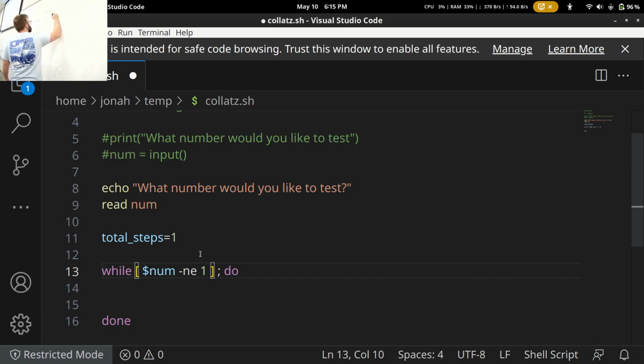Check. Yeah. So over and over again, we're just going to check if our number is 1. Then if it's not, we're going to say if it's even, then we're going to set our num equal to num / 2, else if it's odd, num equal to num * 3 + 1. So we're going to try to run this over and over again, constantly changing our num.